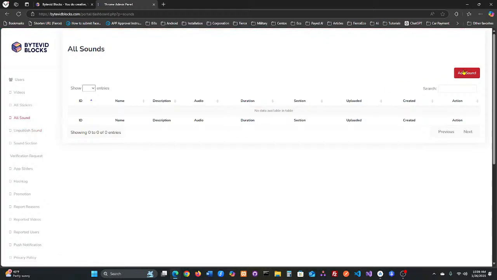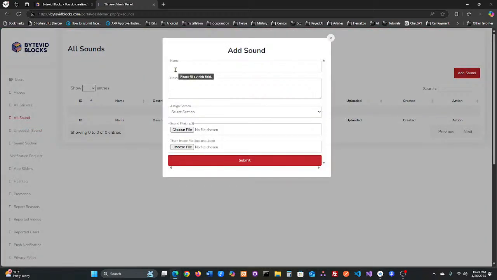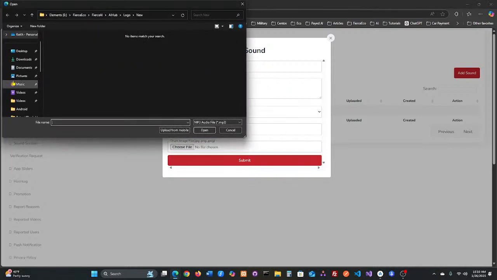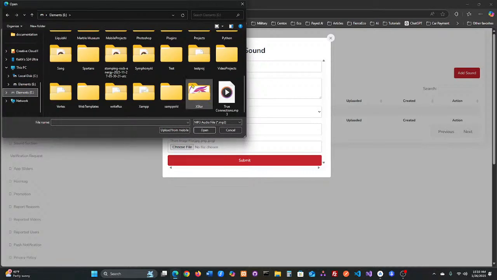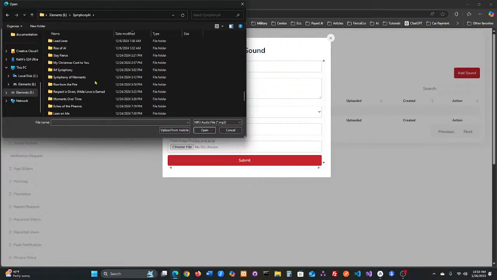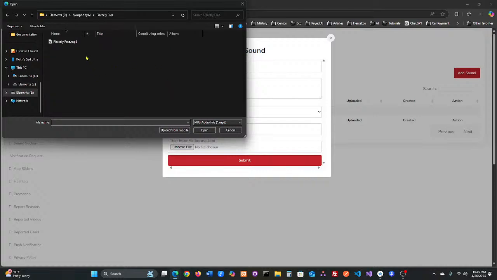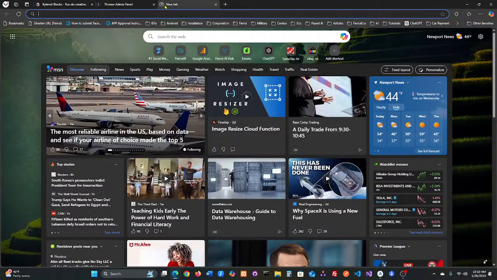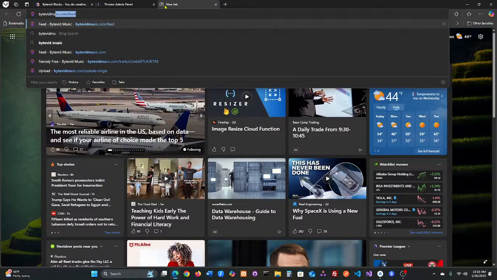I guess we can add a sound. I'm wondering if the actual sound, God, I got to do that stuff. See, I don't really want to do that. I guess we could. All right, so what we'll do, yeah, I'll just go ahead and add those from Symfony. All right, so then I think probably Fiercely Free. We'll just do that. And then, yeah, we'll just go ahead. I got to go to ByteVid Music. And I'm just going to go ahead and,